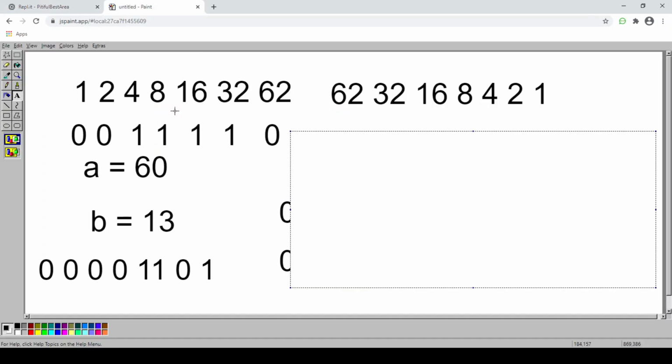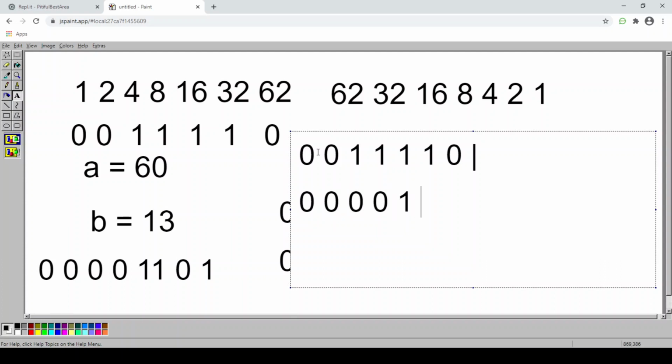I'm going to take these binary numbers. First, we're starting with 60. The binary value of 60 will be 0 0 1 1 1 1 0 0. I'm going to perform the OR operator for this number. I'm taking the value of 13, and the binary number of 13 will be